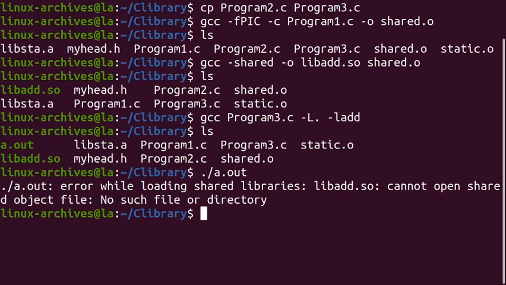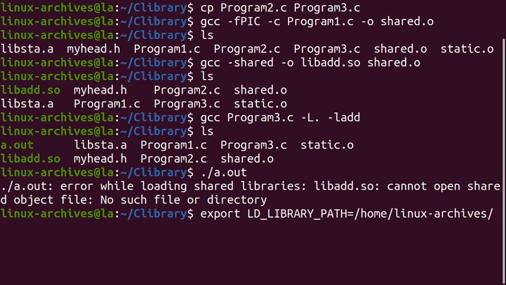The path variable is LD_LIBRARY_PATH. We would set it as export LD_LIBRARY_PATH equals /home/ the user directory, and over here the C library.